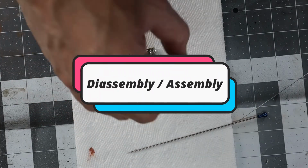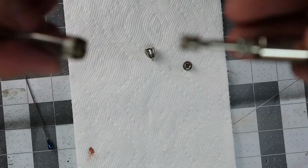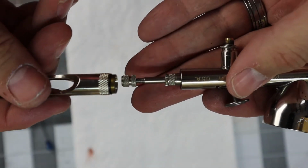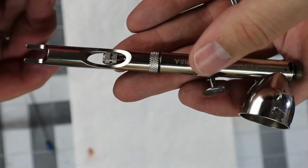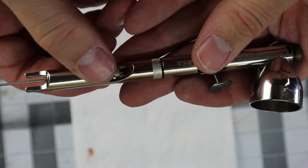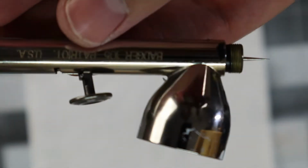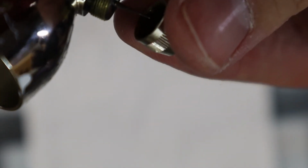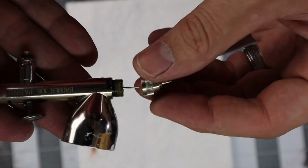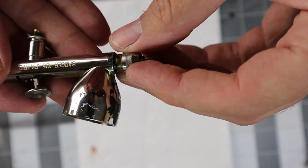In this last part of the video, I already disassembled the back end piece and the screws, so I can show you how to clean the needle and troubleshoot some issues here. If you see that back piece, that is the one that holds the needle tight, so you can slide that all the way in. And be careful with the needle not to jam it or force it in if it's not sliding in smoothly. Loosen that nut that I'm just pointed to, and it should go all the way up to the front of your